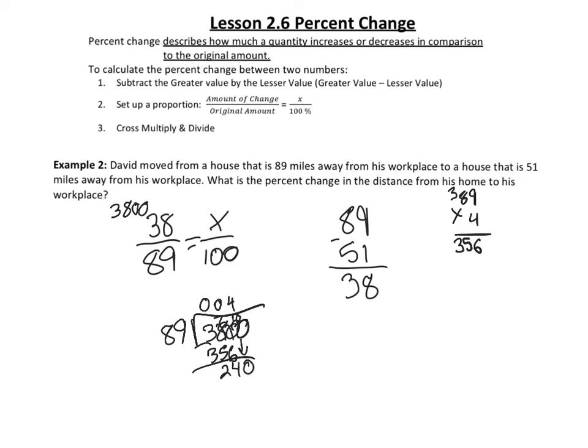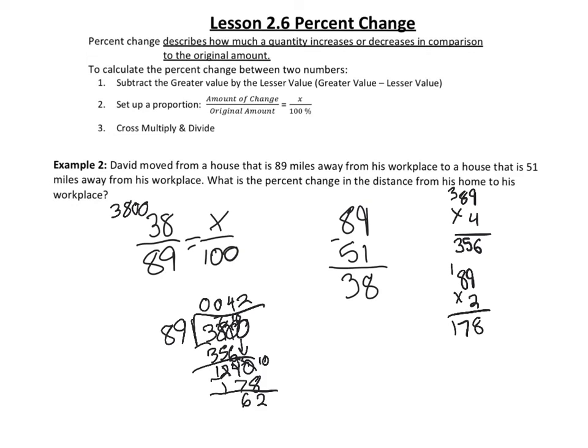Bring our 0 down. All right, 89 goes into 240 2 times. So let's see what that is. 18, carry the 1. 2 times 8 is 16, plus 1 is 17. So we get 178, and that was 2 times. So now we need to subtract. We need to borrow, make this 10, make this 3, make this 1, and this becomes 13 now. So 10 minus 8 is 2. 13 minus 7 is 6. So we get 62. Now, we have to keep going to see if we need to round up to 43